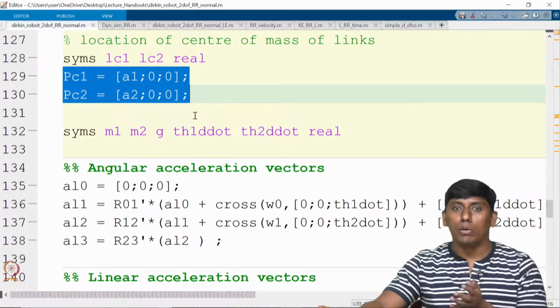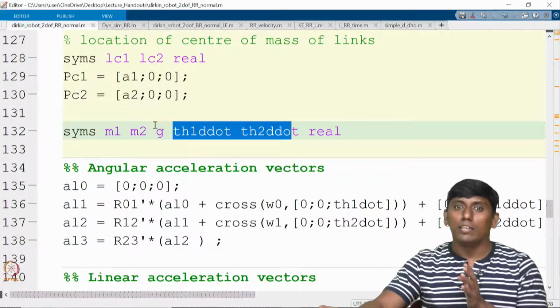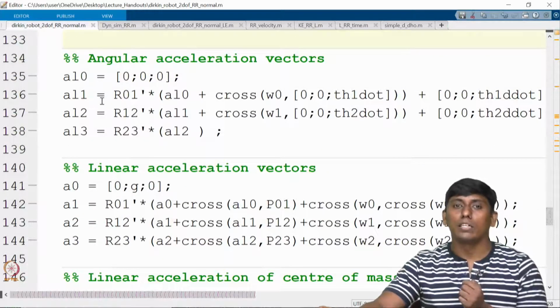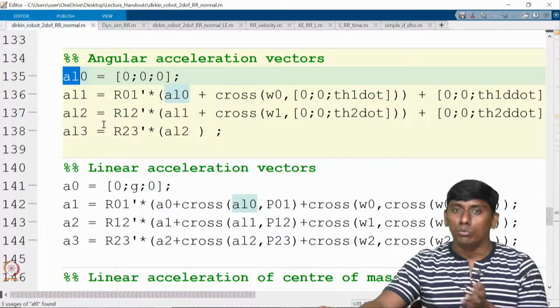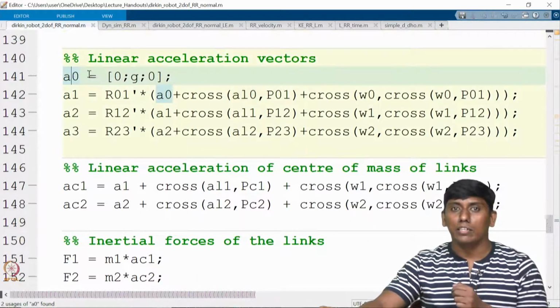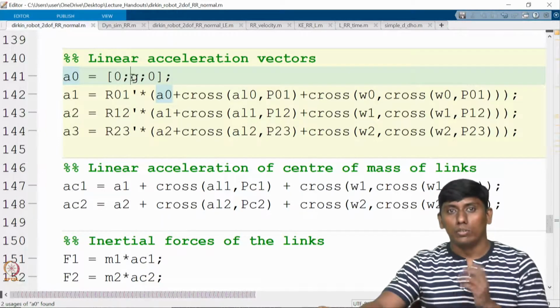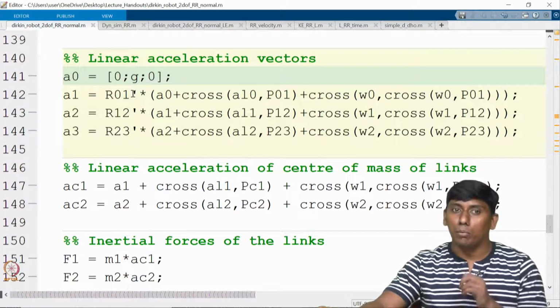Then we go for the dynamic model. Gravity is one additional acceleration, then you have two joint accelerations, and there are two masses. Here we consider only point masses, that's why the second moment of inertia and product of inertia are not coming here. Then we do the angular acceleration vector, where we used and derived alpha 0 to alpha 3. Then for the linear acceleration, we assume gravity acts vertically downward on the y axis, and we substituted that. In that sense you get the linear acceleration vector in a propagated model.